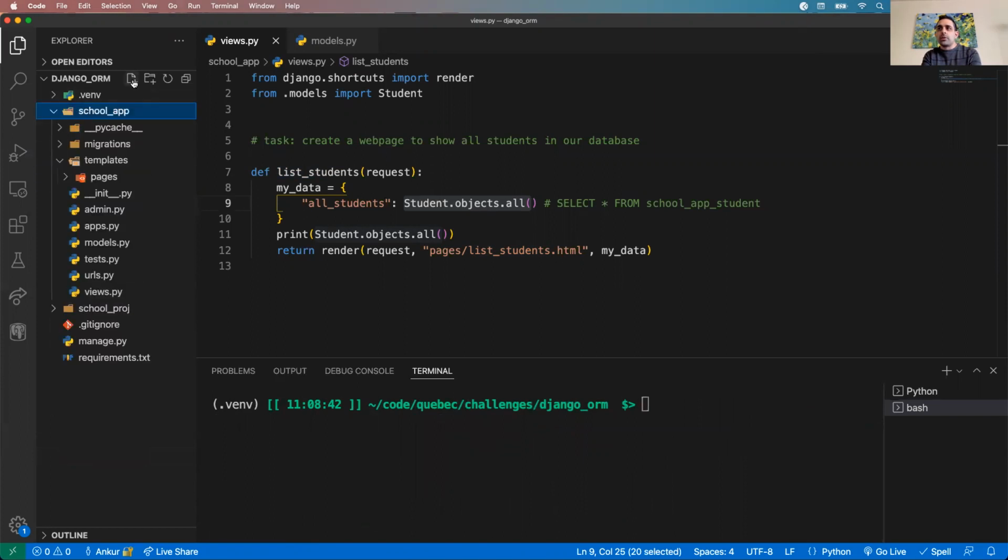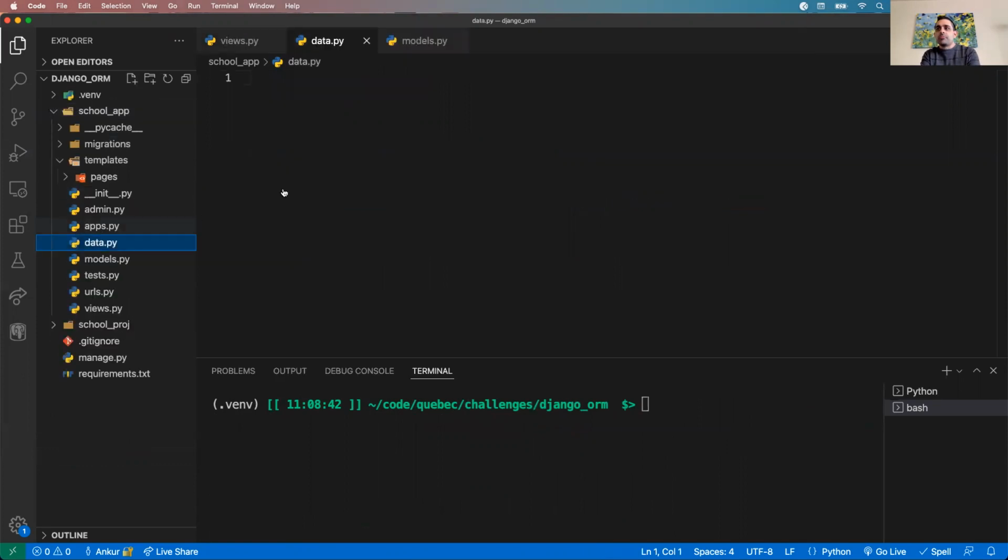So in my app folder, I want to clarify, this is non-standard Django practice, as in there are better ways to do this in Django. We're just going to do it one way. So I'm going to create a file called data.py, just an arbitrary name I chose. And in here, I'm going to import from school app. And I think the relative naming of this does matter. So I'm going to use my app name dot models